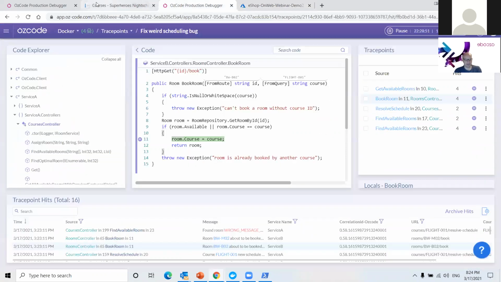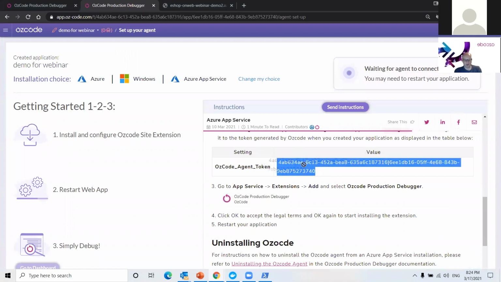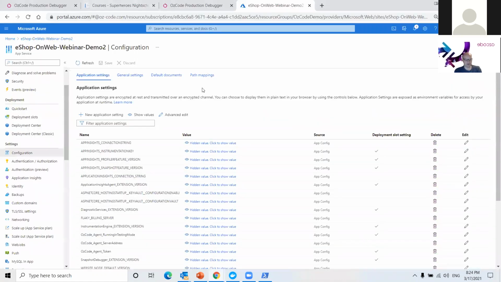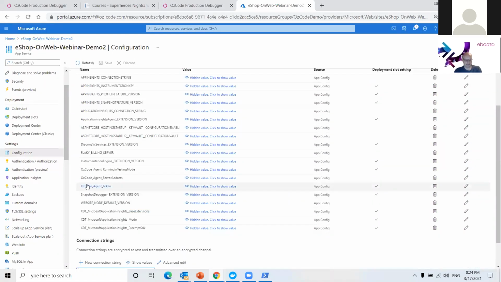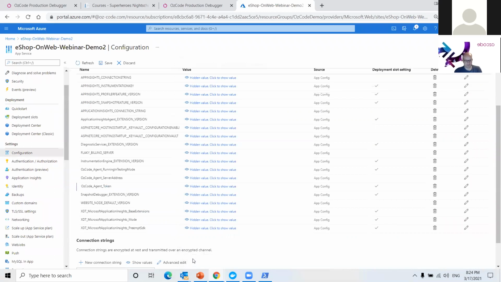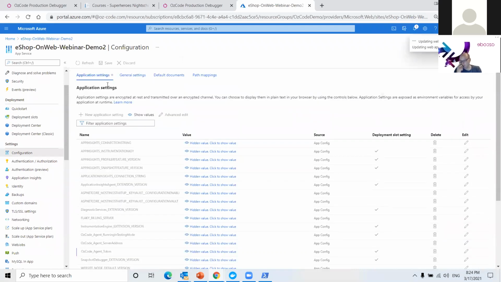So we see that we got our token right here. We can just grab this, copy it over to the app service configuration, and put it in as the configuration value for the Oscode token, like so. Hit OK, and then save, and we'll be golden.